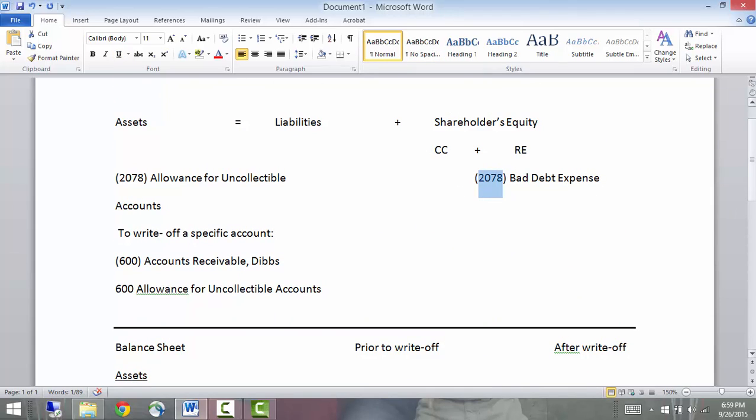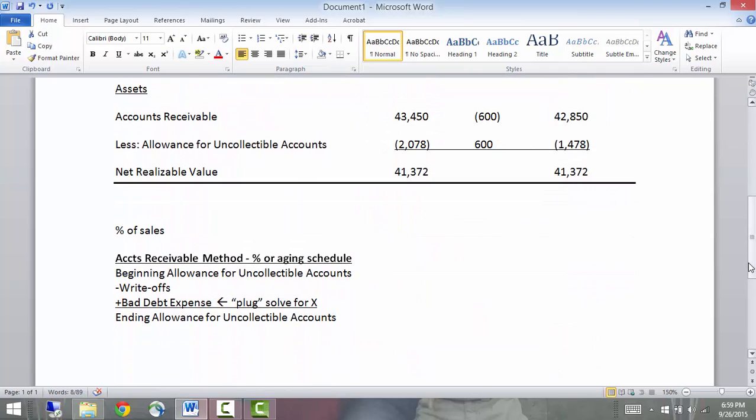Okay? We didn't have to do it here when I plugged this number in because that was the first year that this company had ever estimated bad debt expense. But for every other year, using this accounts receivable method, you have to take into account any amount that was already in the allowance account. So when calculating your bad debt expense for most years, other than the first year, you have to take into account the balance in the allowance account. So if you know your beginning balance and then you know your write-offs,